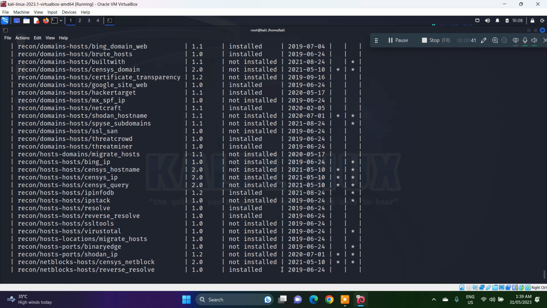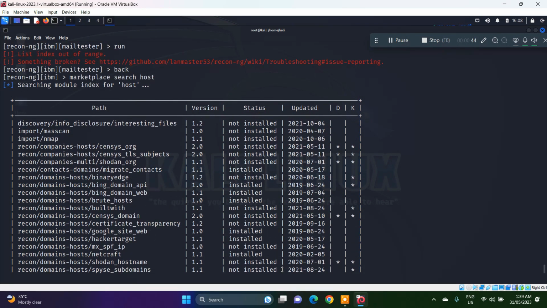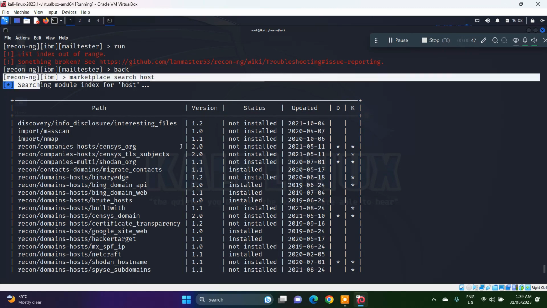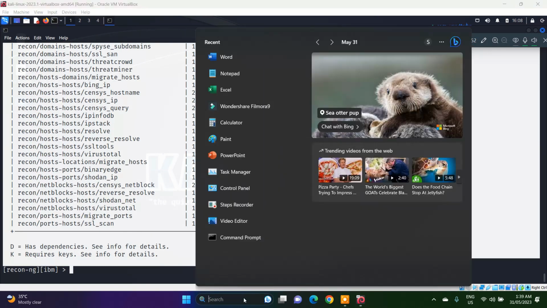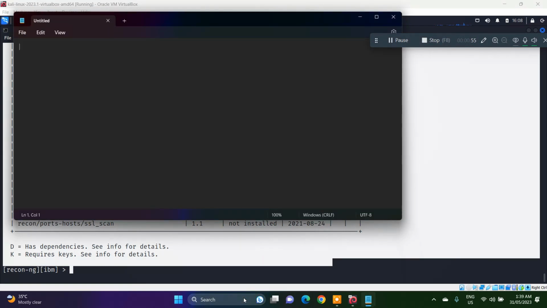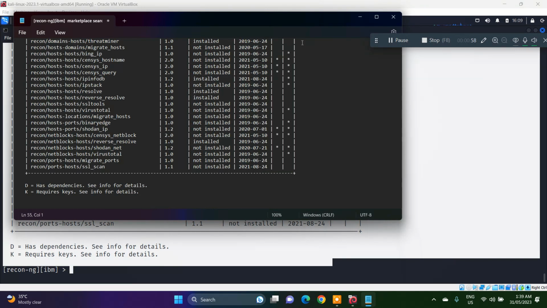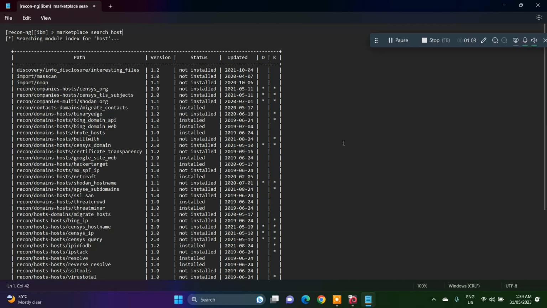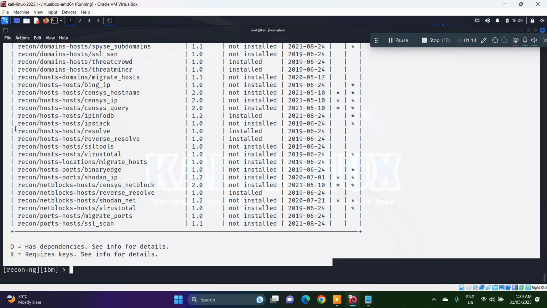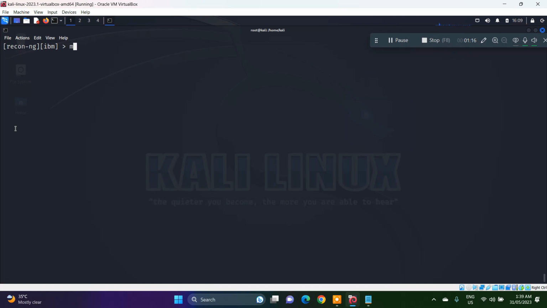These are the modules that will help us find information about the host. I'm going to copy this to a notepad because it's not possible to traverse back and forth easily to find the information about the modules. Now we're going to use Bing domain web. This does not require a key. Because this is already installed,